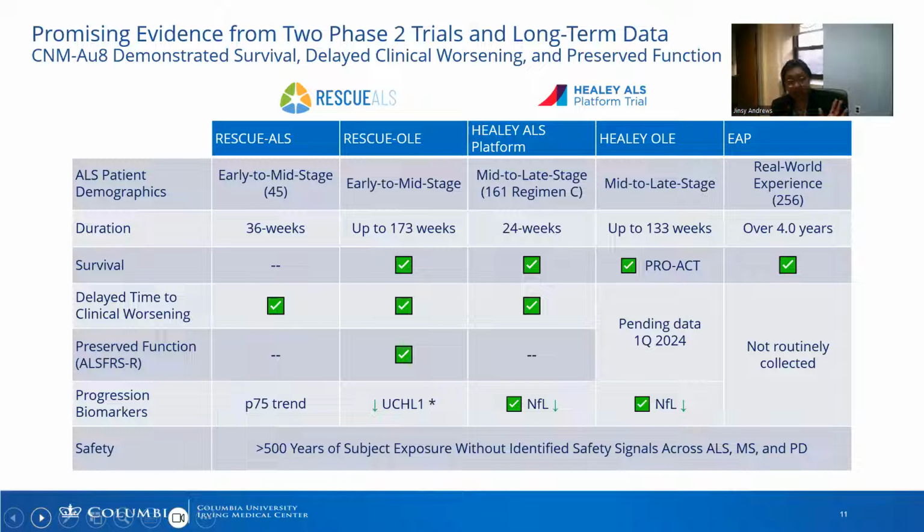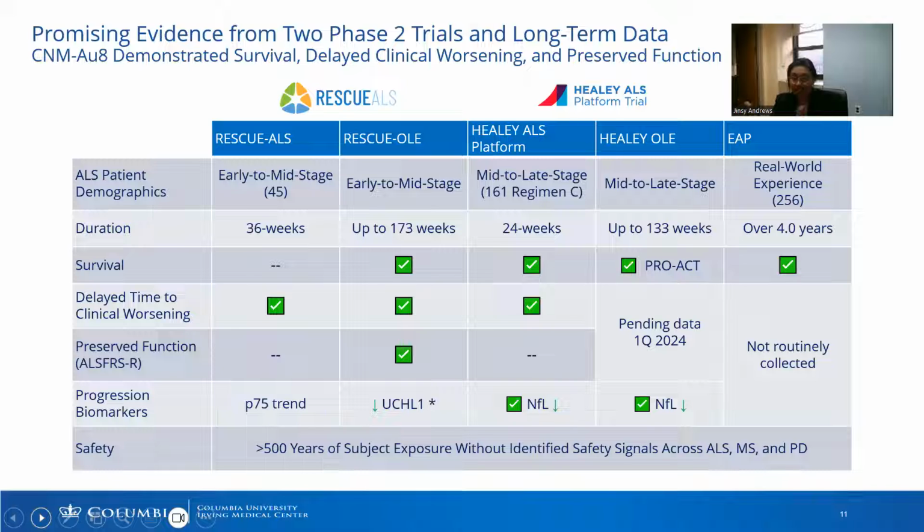Now, I did provide a webinar in January with Clene about their clinical development program. They are planning to launch a phase 3 study. On the end of this slide, on the right-hand side, there's EAP listed. That expanded access protocol is different than the NIH-funded program. So this is one that was at the Healey Center, and one that was an intermediate-sized multi-center.